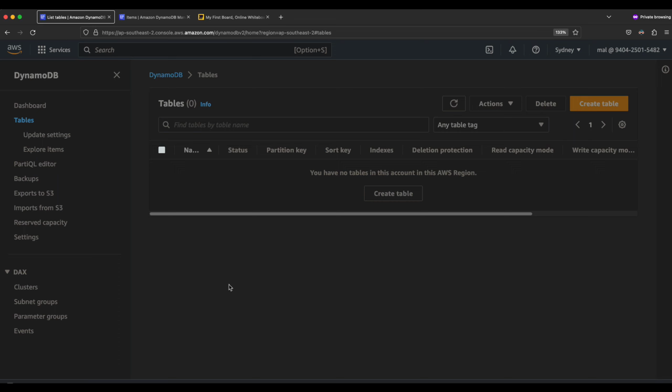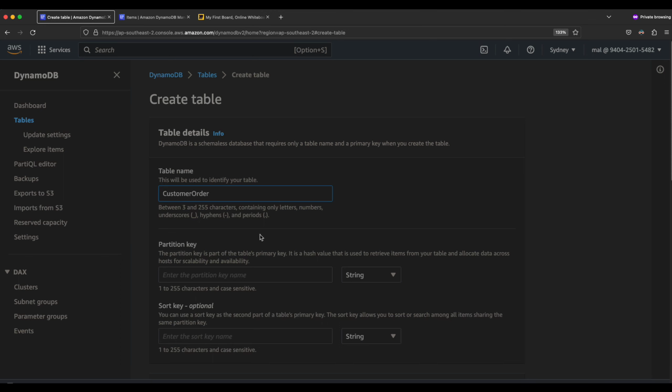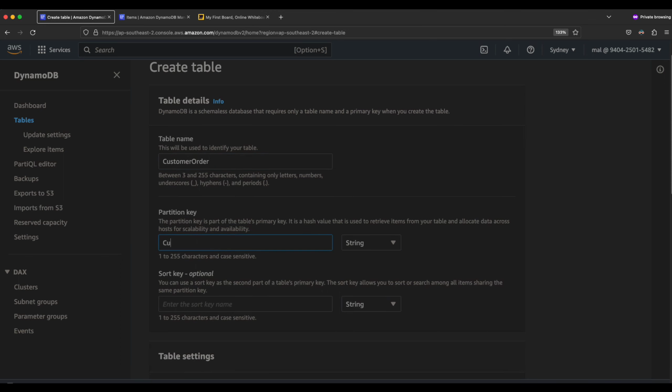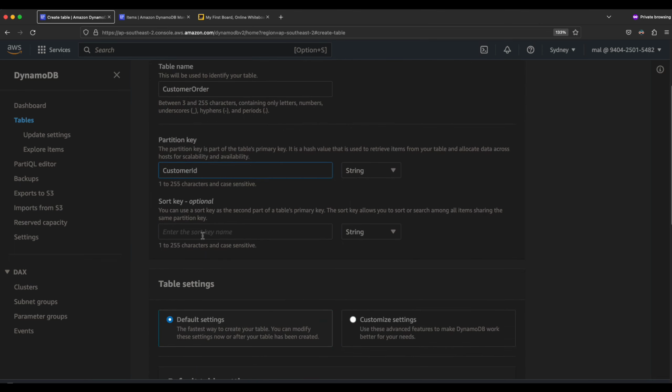right, I'm back in my AWS console. What we're gonna do, I've already deleted the existing table. We're gonna create a new table with the local index. Click on create table and give it a name. And here we're gonna give a customer ID, which is a partition key, and I'll keep the sort key optional,